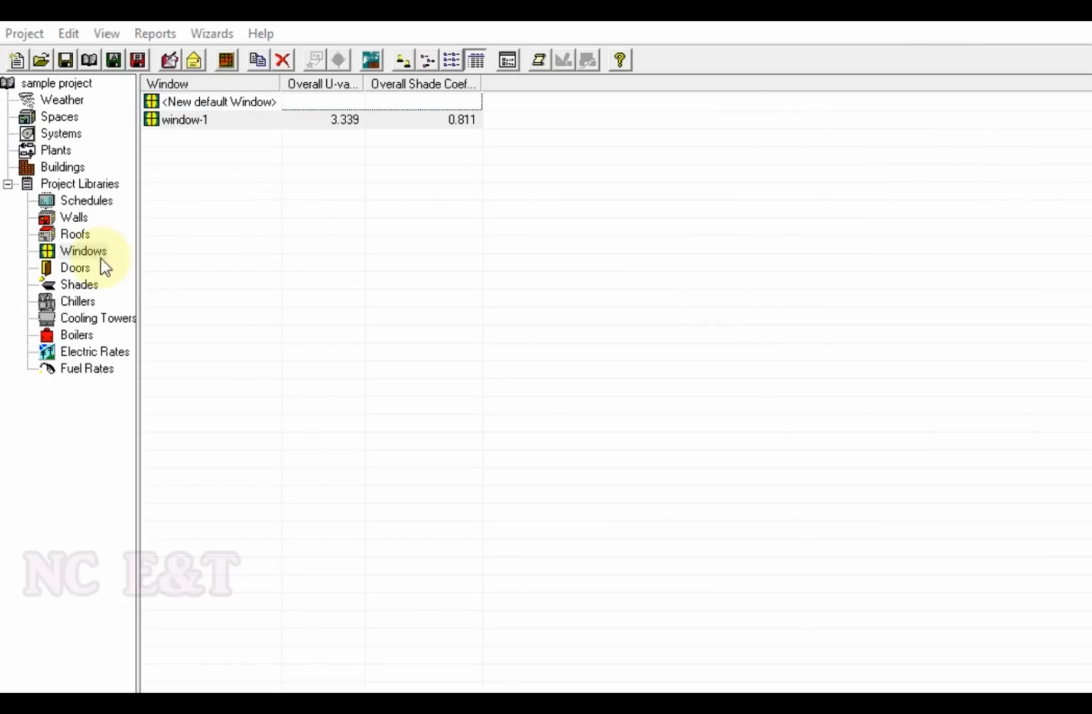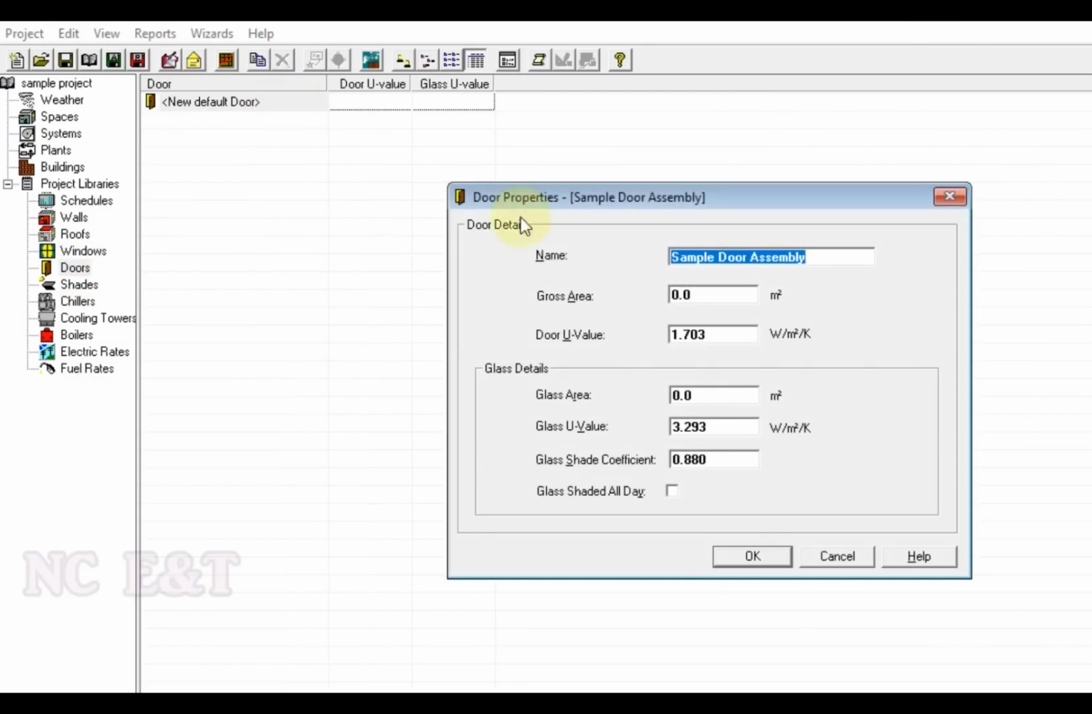Same way you can select the doors also. You can put the door size. You can put the door area. If we have the door 2 meter by 1 meter, so it will be 2 meter square. And U values